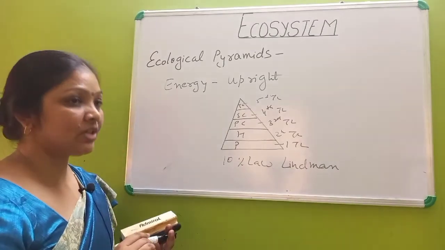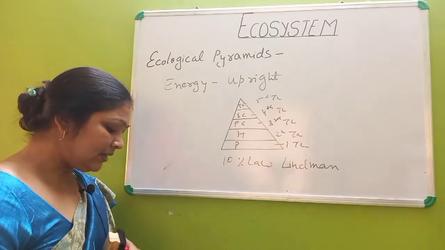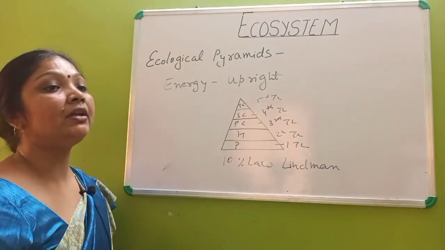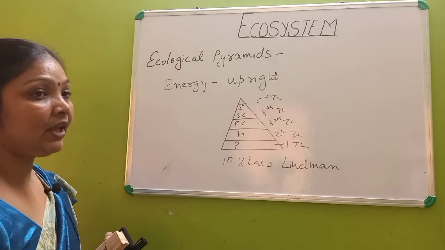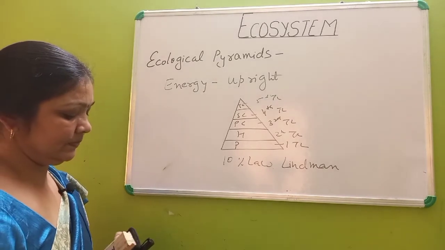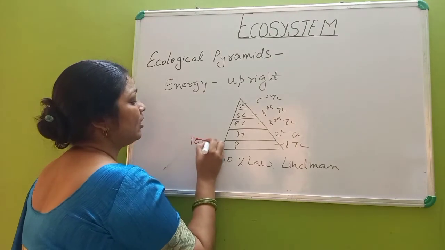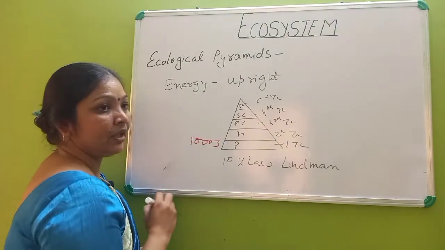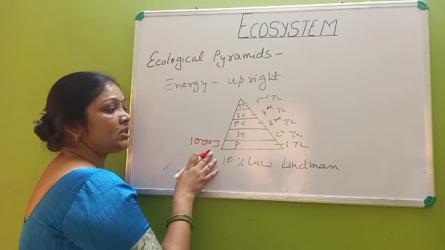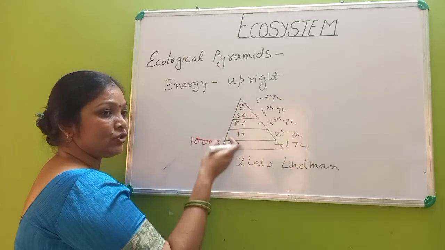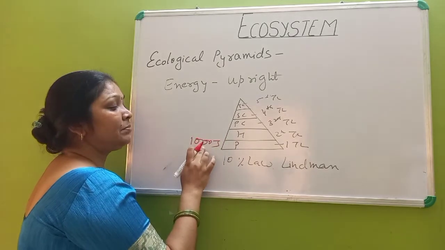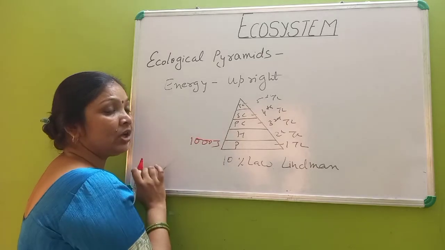So suppose the energy available to the producer level is 1000 joule, then whatever energy is utilized, only 10% of this energy will pass to the